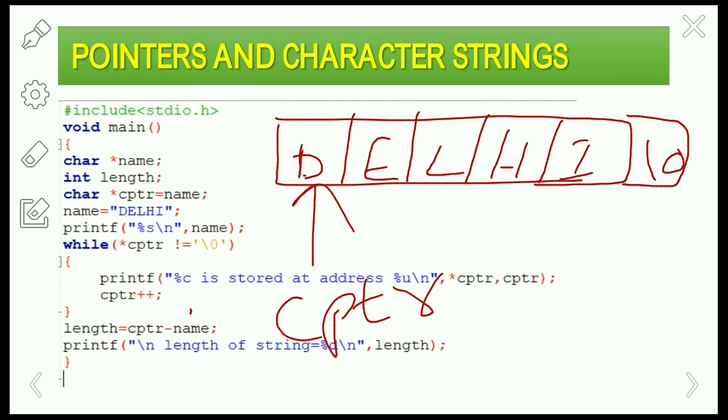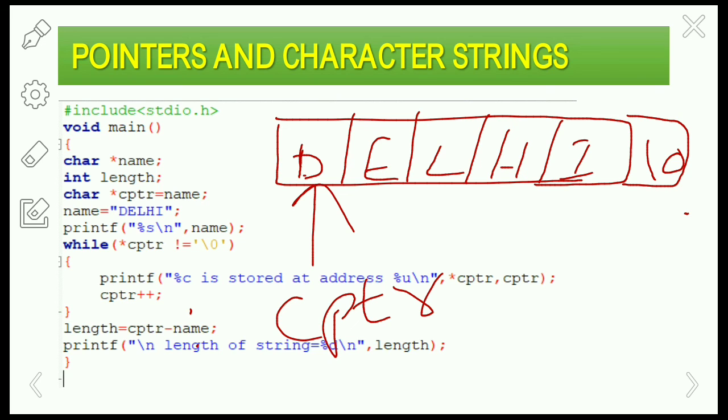We keep printing until cptr reaches the null character. When it reaches the null character, it prints the length of the string. This is how it will work.